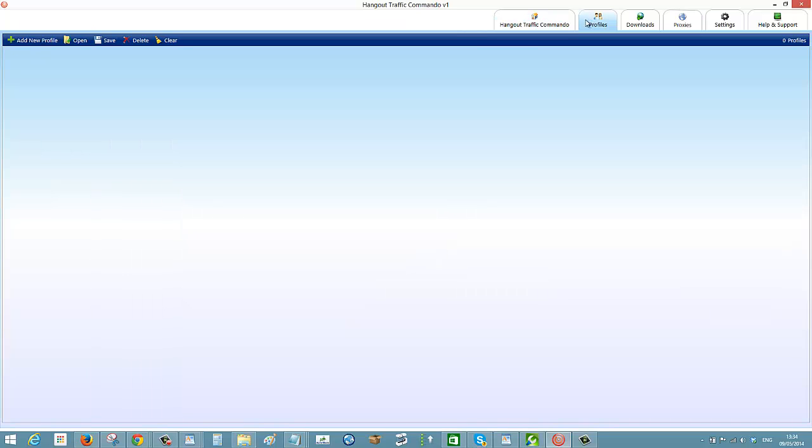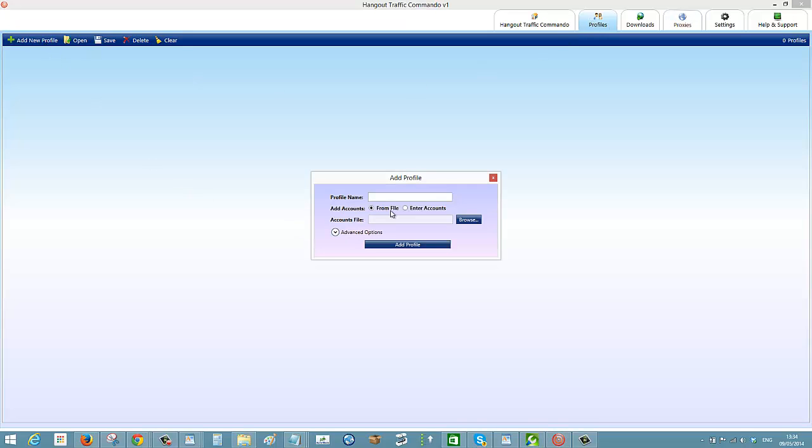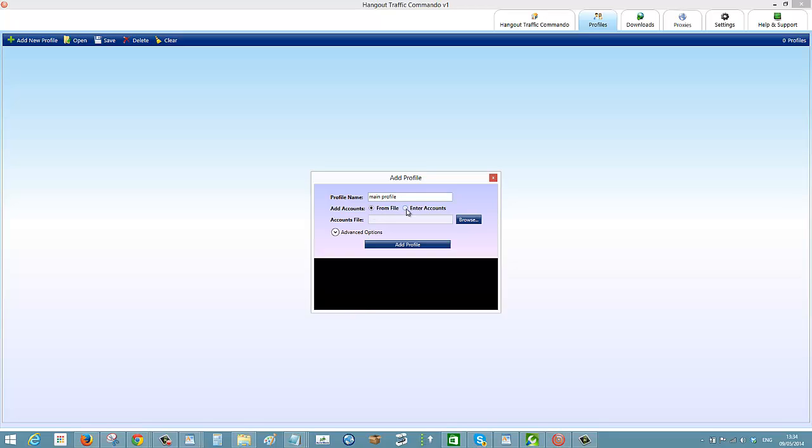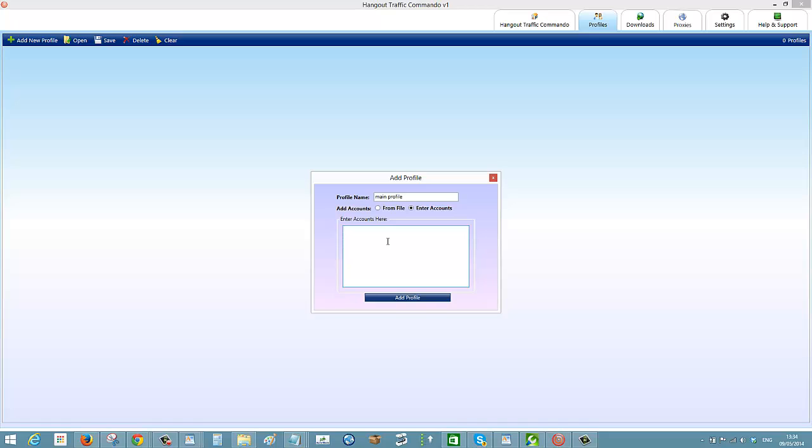So to add a profile, what you do is come over to the Profiles tab, you click on Add a Profile, you give your profile a name, okay? So I'm going to call this one Main Profile or something like that. You can call it whatever you want. You might have a niche name or something like that. And you can either add accounts from a file or enter accounts, okay? So I'm going to click enter accounts, and I'm going to put in something like